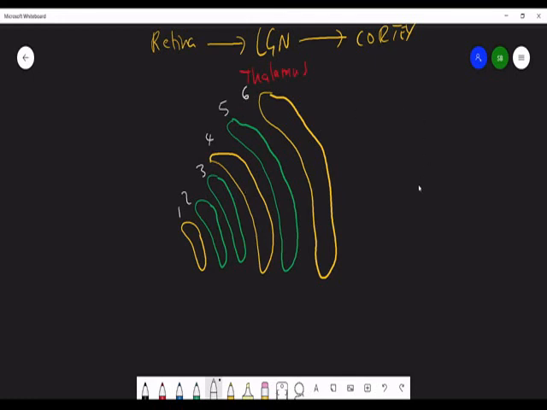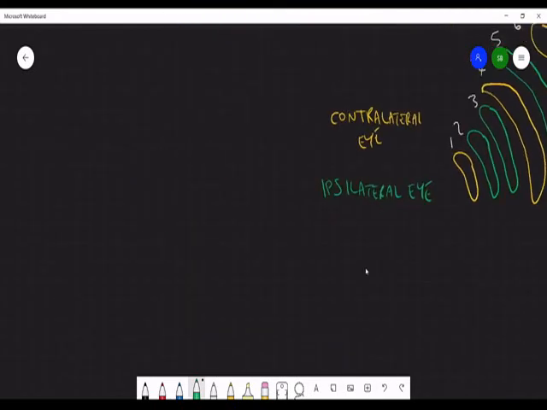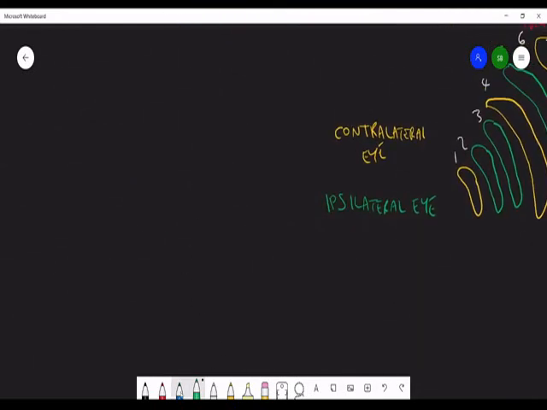But there's an order to these, and that is that the layers 1, 4 and 6 come from the contralateral eye, whereas layers 2, 3 and 5 are from the ipsilateral eye. And that's because when you look at the optic nerve, let's imagine that we've got 2 retinas here,